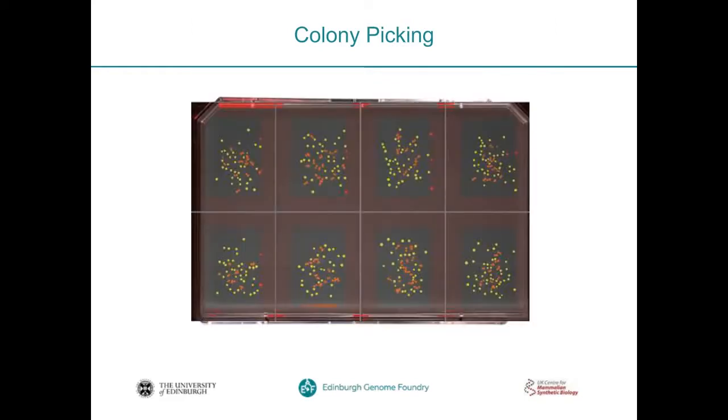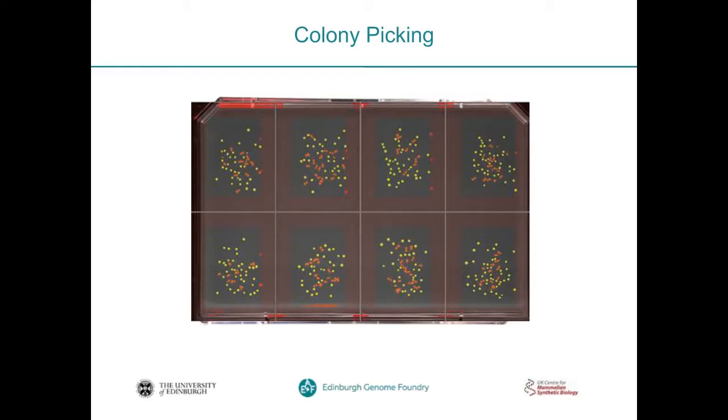The colonies then grow overnight in the incubators, and the next day they go back to the colony picker where they are imaged, and we get this kind of image. So the colony picker identifies individual colonies, and here in yellow you see the colonies that are isolated enough to be picked, and in red some that will not be picked because they are too close together and might not